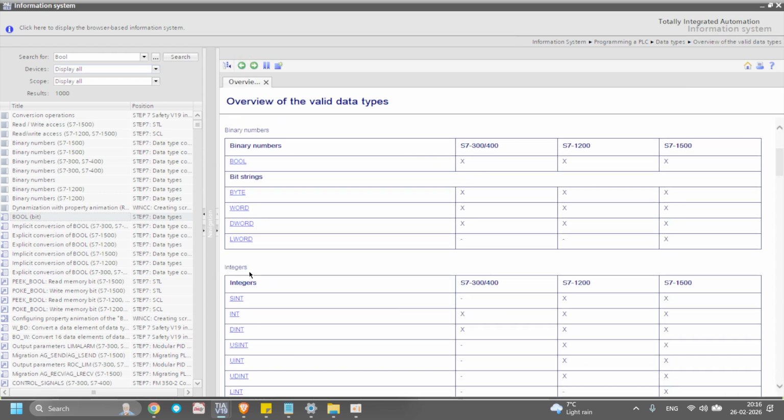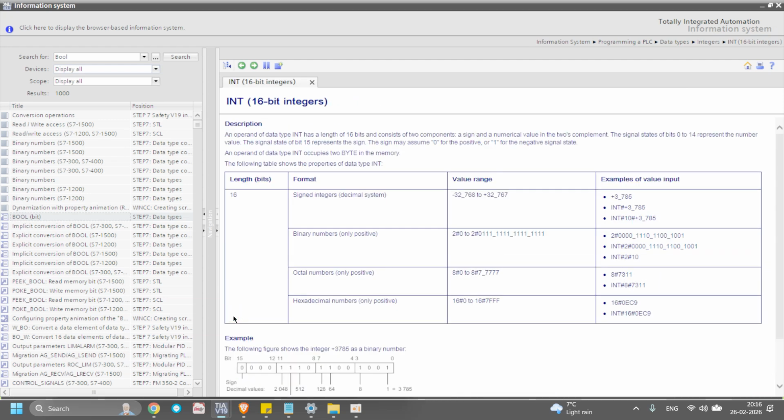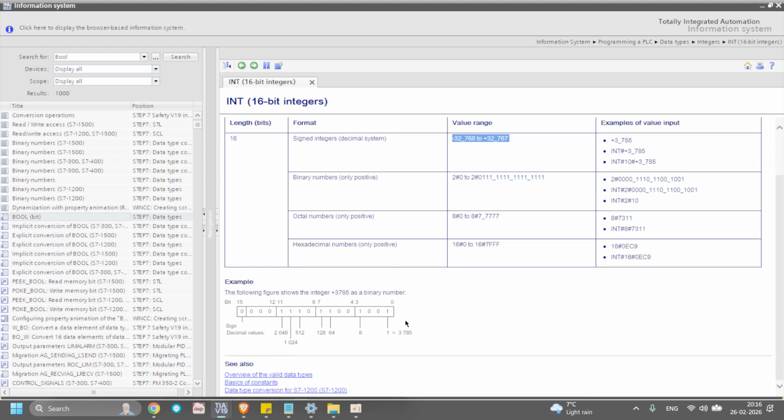Next, you just remember the word and the integer both have the same number of bits, 16. If you want to use the signed one, you can use the integer. If you want to use the unsigned one, go with the word. Both are the same. As I said, 0 to 16 is the number of bits.